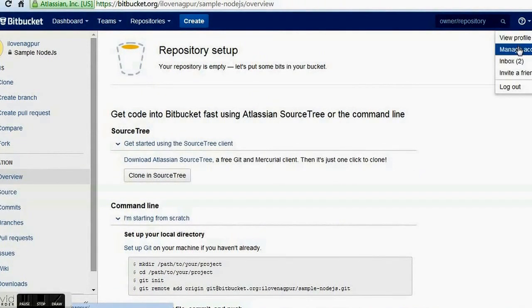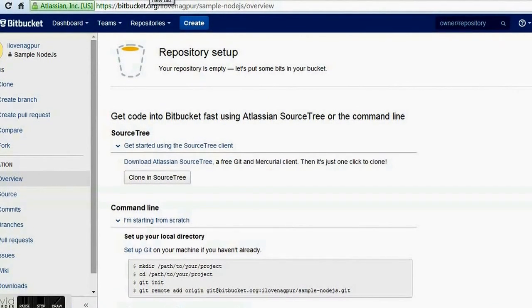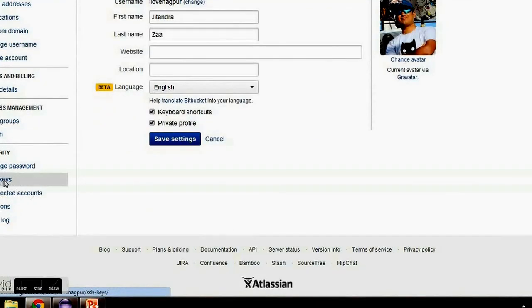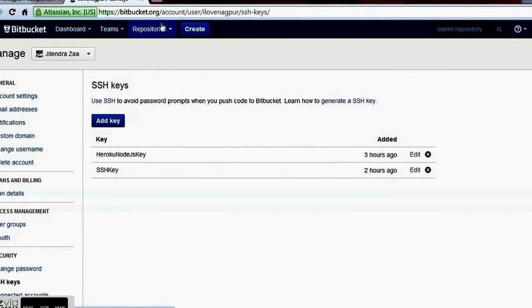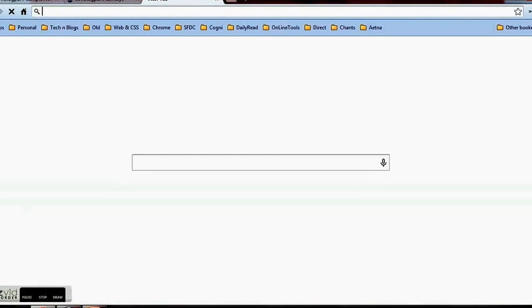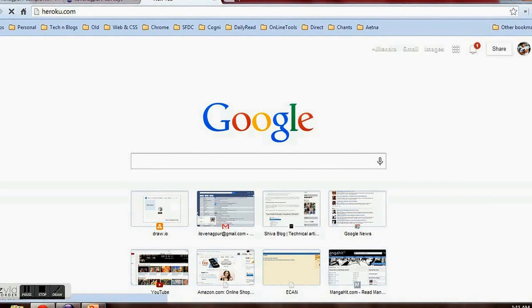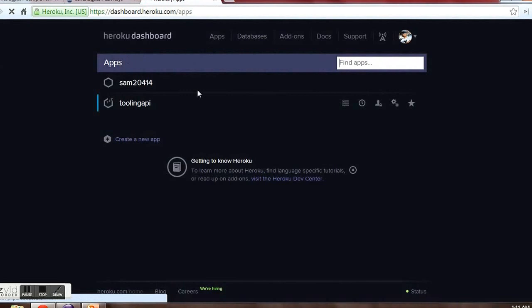and here we can load SSH keys. These SSH keys need to be generated in our Eclipse, and the same SSH key will be uploaded to Bitbucket and my Heroku account, so that instead of entering the username and password again and again, we can authenticate with the help of the SSH key.